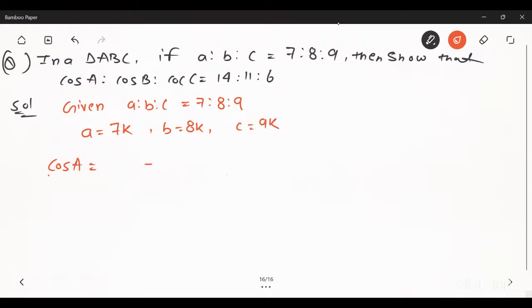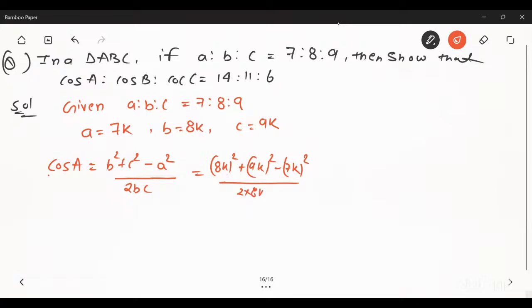Cos A: the side corresponding to A will be A square. Now which two sides will be left? B square and C square. So B square plus C square, and in the denominator 2BC. Put the values: (8k) whole square plus (9k) whole square minus (7k) whole square, upon 2 into 8k into 9k. So (8k) square is 64k square, (9k) square is 81k square, minus (7k) square is 49k square, and upon